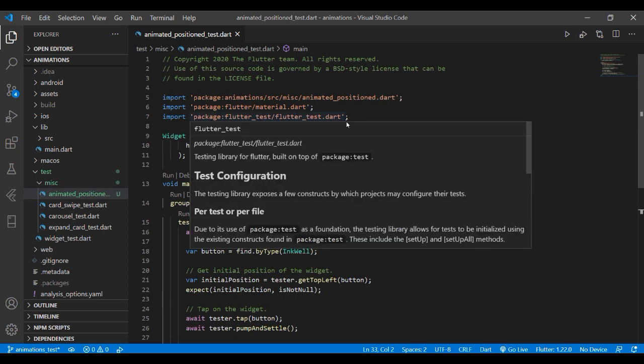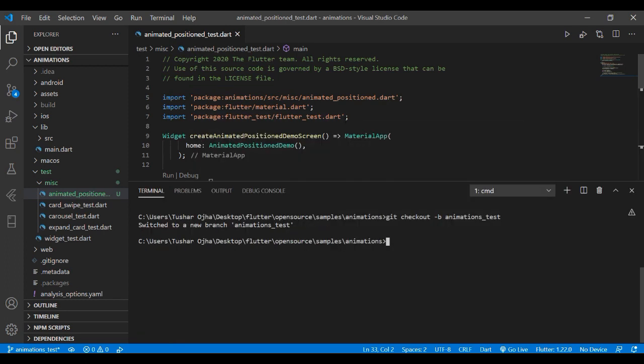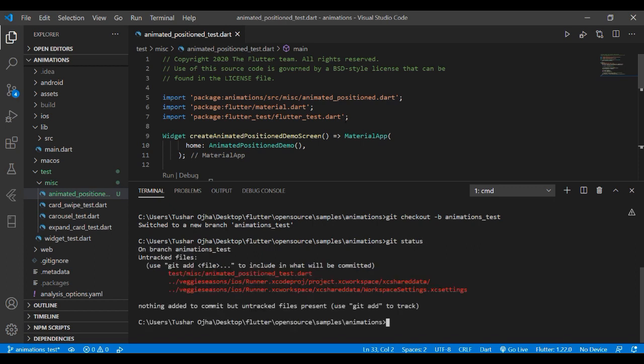After doing this, I need to commit this code. I'll say git status. Here I can see a few other files also changed which I don't want to alter. So I'll just add a particular file: git add test/misc/animated positioned test.dart.